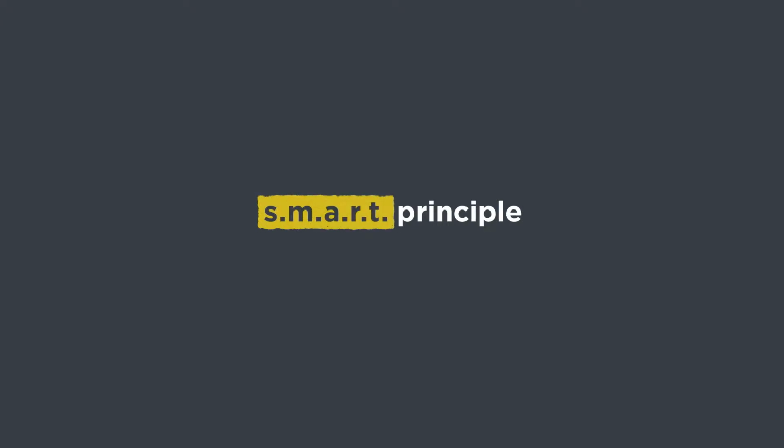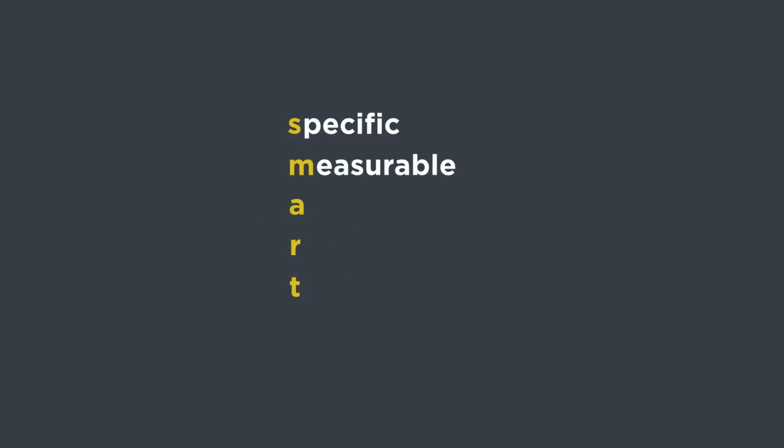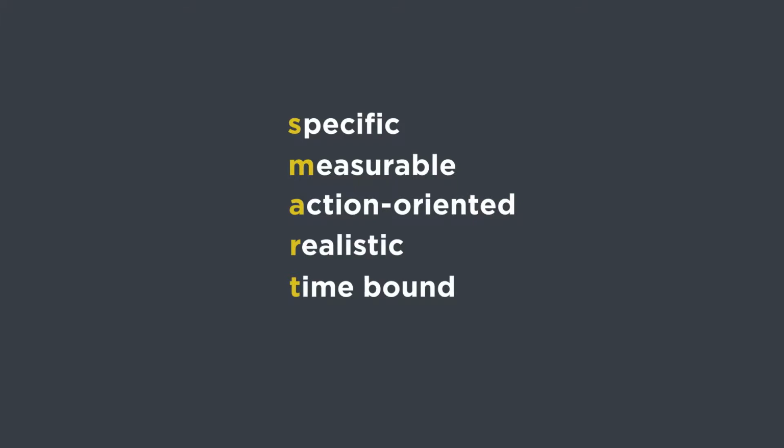So when you create your action plan, I want you to think about the SMART principle. The SMART principle is not something specific to science. It's something specific to goal setting. SMART stands for goals that are specific. They're measurable, that is, someone could assess whether you did them or not. They're action-oriented. They define what action you will actually take to accomplish the goal. They're realistic, and they're time-bound. So they have some kind of time frame associated with each goal.